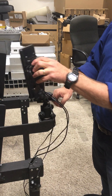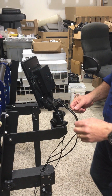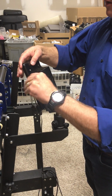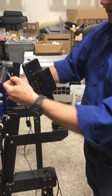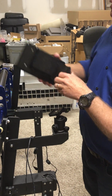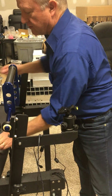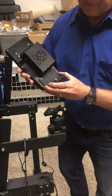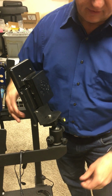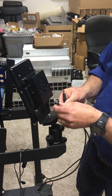All right, this is the procedure for replacing a display unit. First, unplug the USB ports, then unplug the power, then unscrew the tab that holds it on, take the old one, put it aside, put the new one on, screw it on tight, then plug in the new